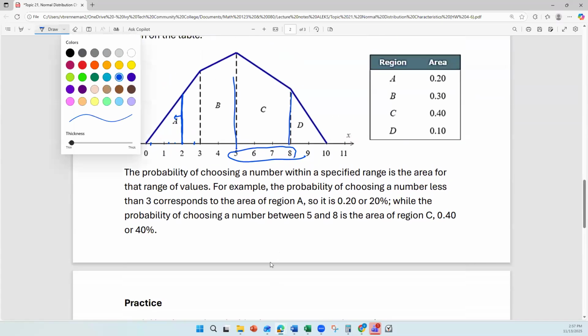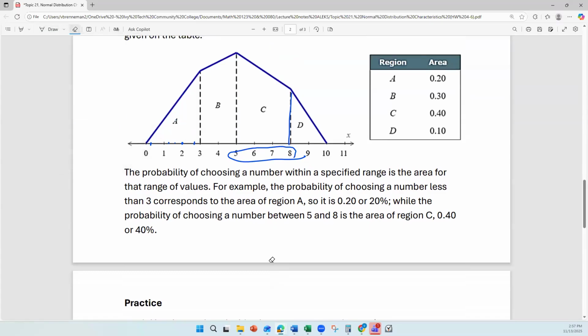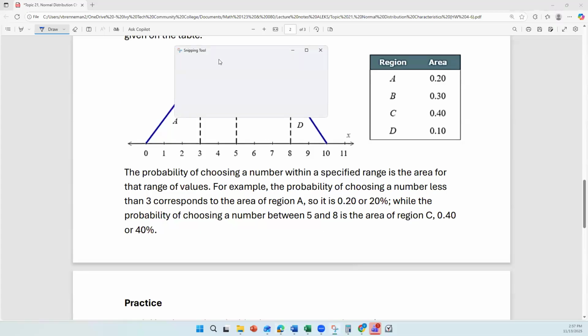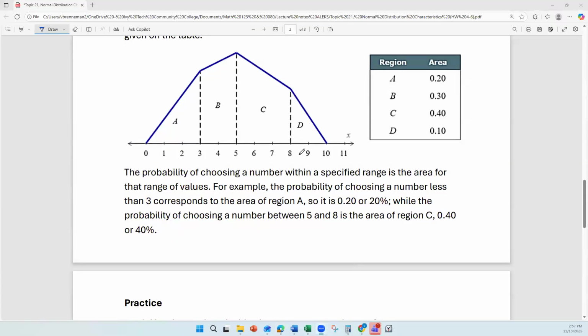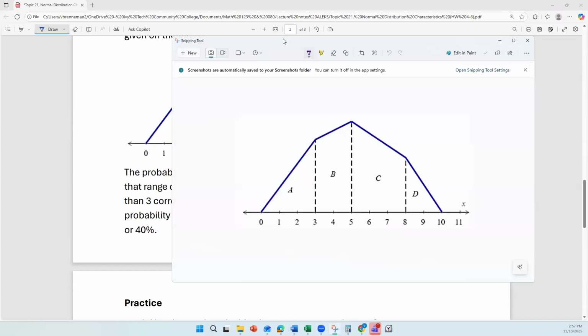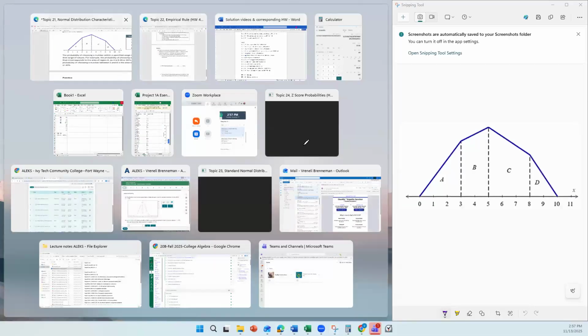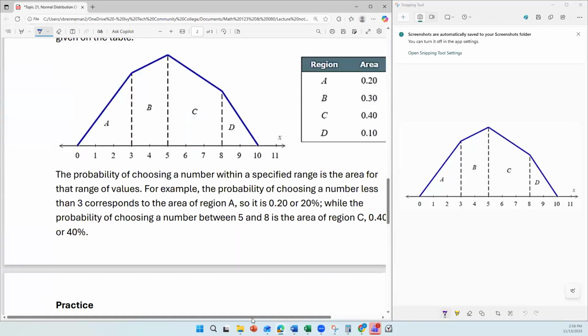would be, and I'm actually going to, just for sake of being able to see the graph while I'm looking at the questions down below, I'm going to get this in a separate little window here. And bring this over here and this here. All right, so